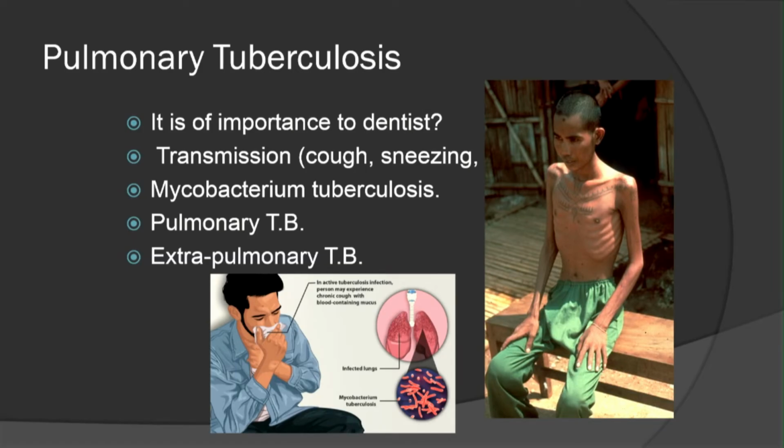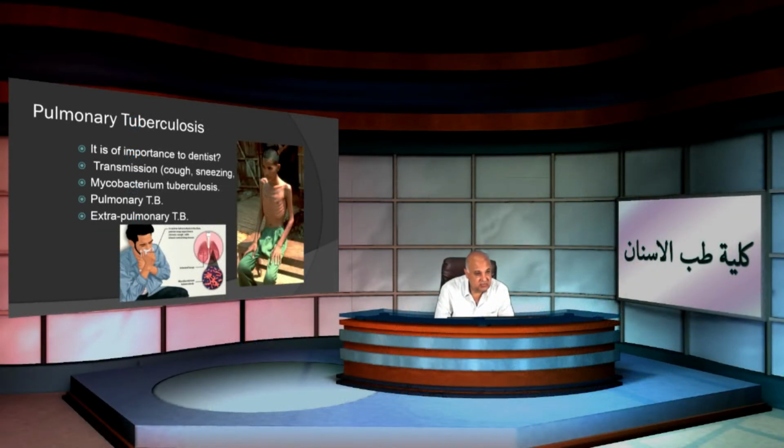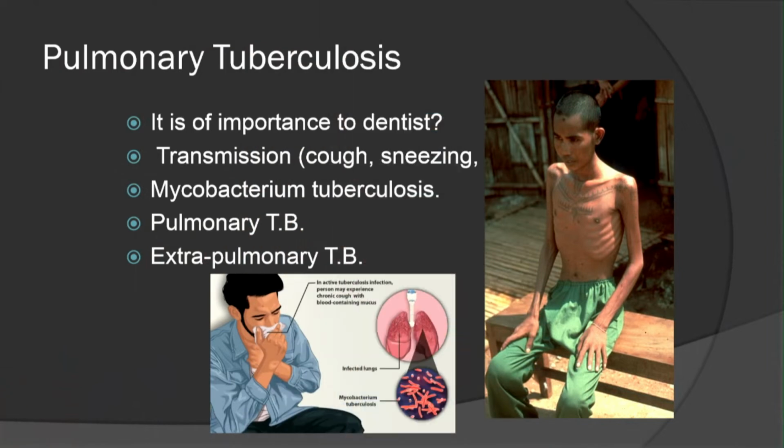Actually, this is one of the most important lectures. This disease, particularly pulmonary tuberculosis, is of importance to the dentist. This is because it is one of the transmissible, infectious diseases. It is one of the respiratory diseases that can be transmitted by airborne droplets, so it can be transmitted by coughing, sneezing, and talking through the airborne